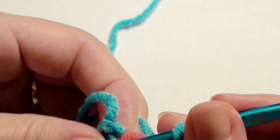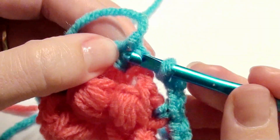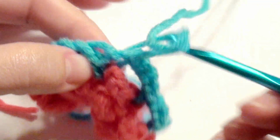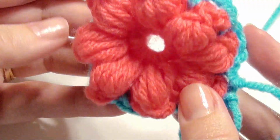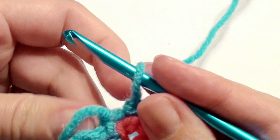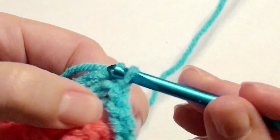Now this is the last one. I'm going to slip stitch in that last stitch to complete for this round. This is creating a foundation for the square. It's going to look like this in the back. Slip stitch right into the chain 3